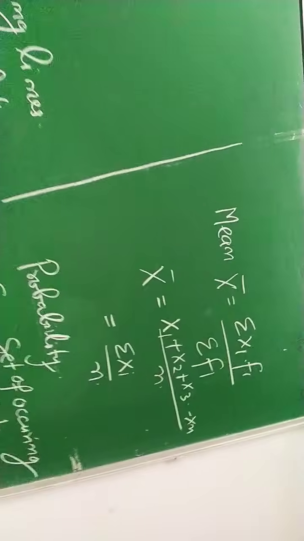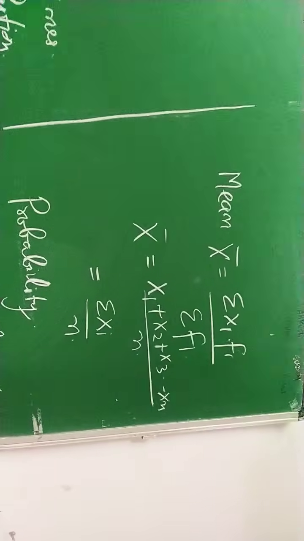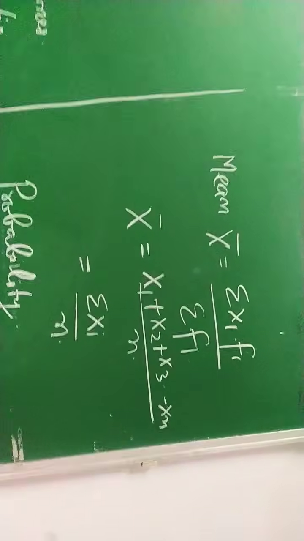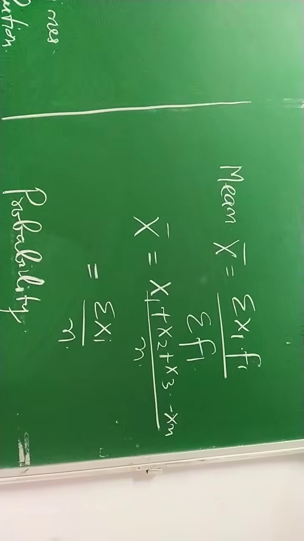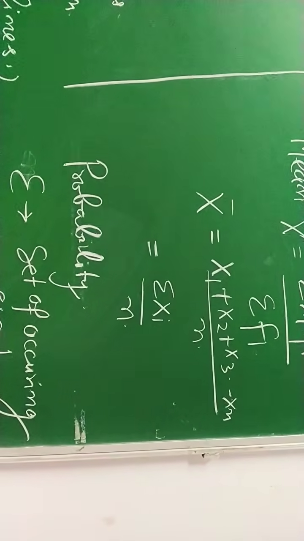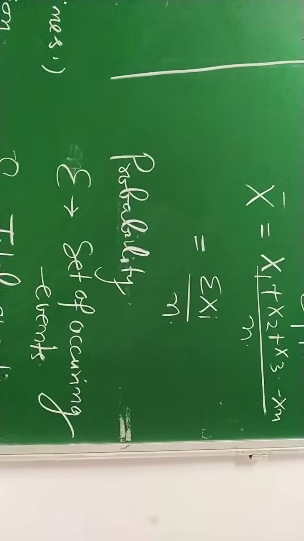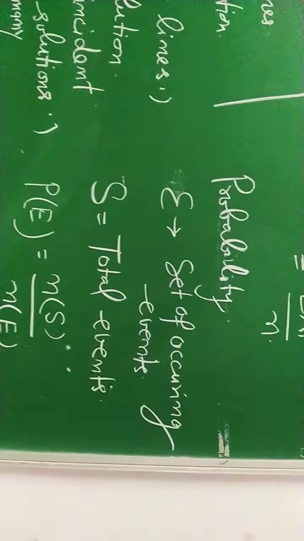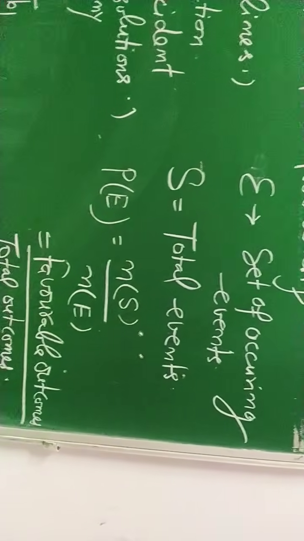Now mean formula, if we have given terms and frequencies, x bar = Σxi fi / Σfi, and x bar = (x1 + x2 + ...) = Σxi / n. Probability P = ns / n. Here